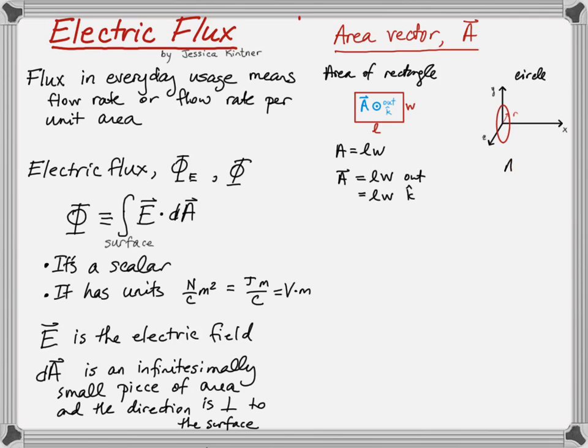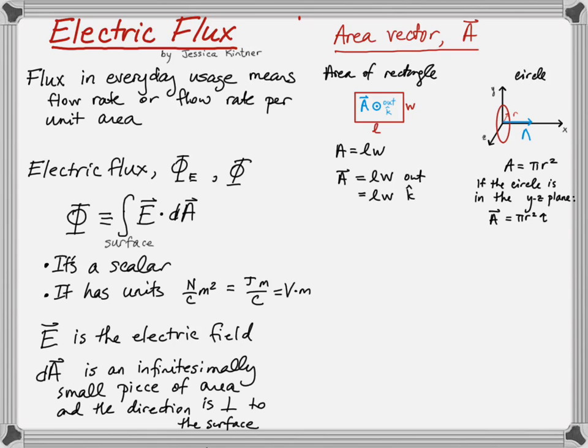Let's look at a circle. If you find the area of this circle, the way I have it drawn, I've drawn a circle of radius r. Now this one is a perspective view. I'm trying to draw it centered on the origin, and the circle itself is in the YZ plane. And so in that case, the perpendicular direction to that would be in the positive X direction, which I'm calling